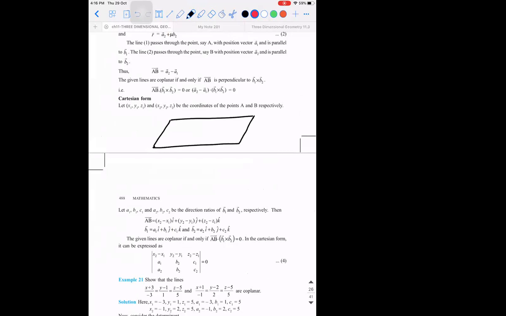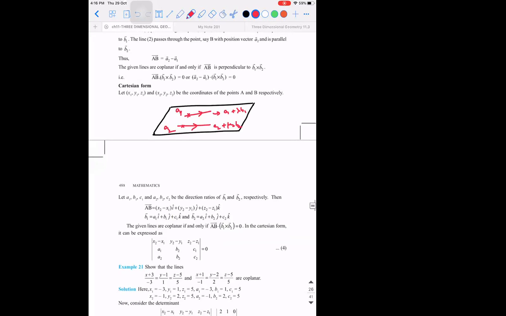There is a plane like this. So one line is in this way, the other line is in this way. So what are the 2 points which are common to the line as well as the plane? A1 and A2, right? So the equation of this line is A1 plus lambda B1. The equation of this line is A2 plus mu times B2. Look at the points I'm writing. Forget about the one which is given in the textbook.